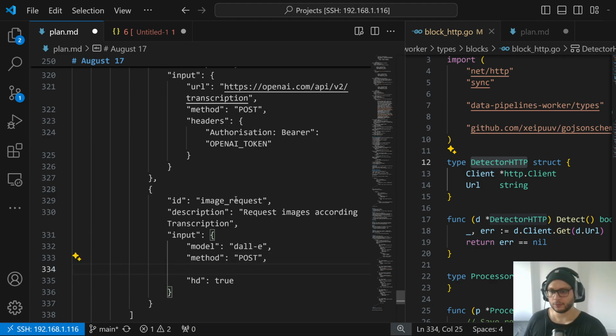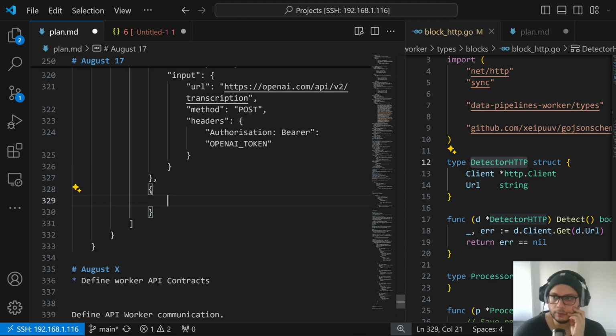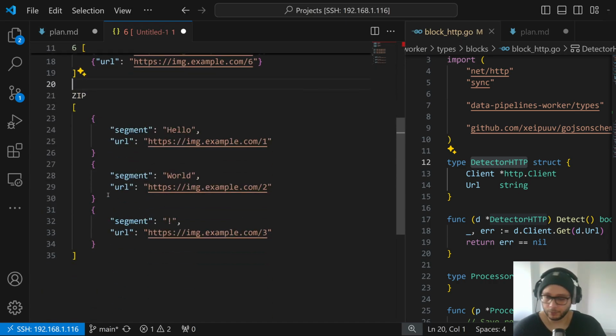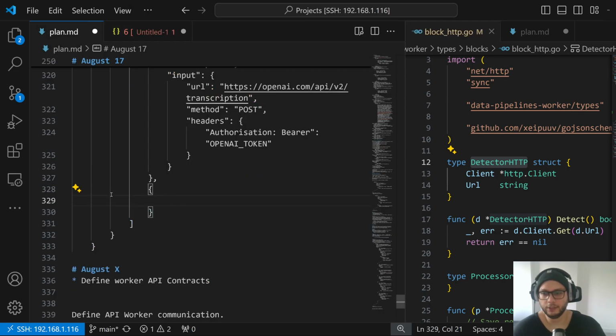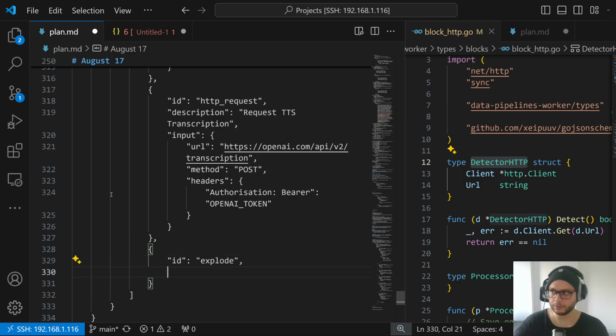Because it will post, yes, it will be quite overloaded block, I think. And I don't like it already. I should rework it. Let's do the following. I have method named zip. Let's have another method named explode. Yeah, that would be a solution. So I have another method named explode block. That explode will simply